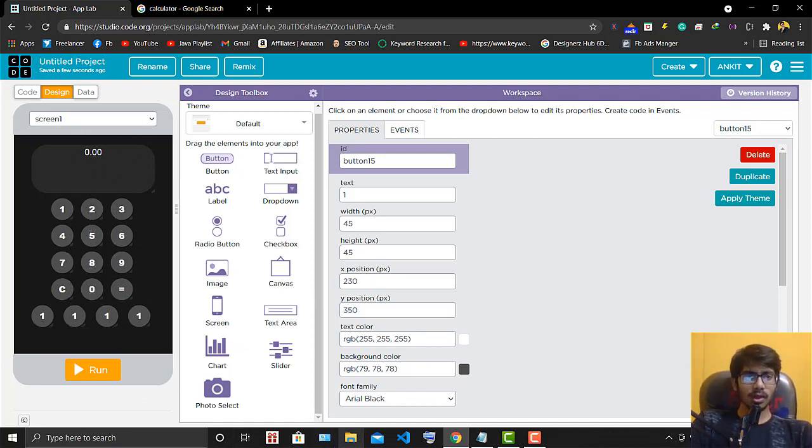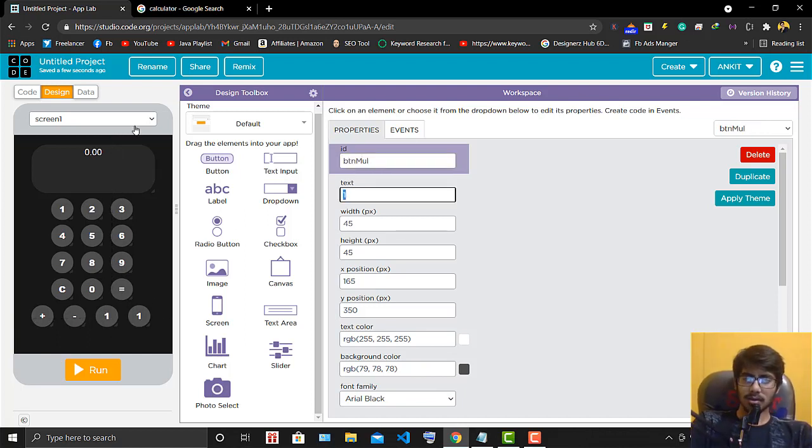So what we will do, I will make here plus, okay. So button plus will be there, it will be the add button, okay. So here it will be the plus, here btn minus, so here will be the minus, here I will write button multiply, okay.